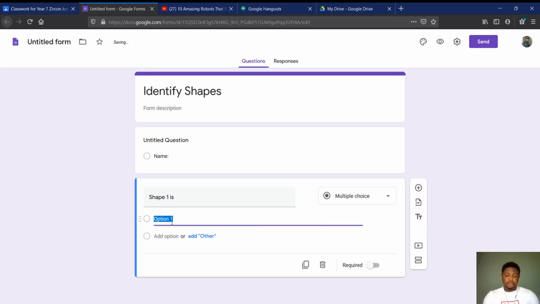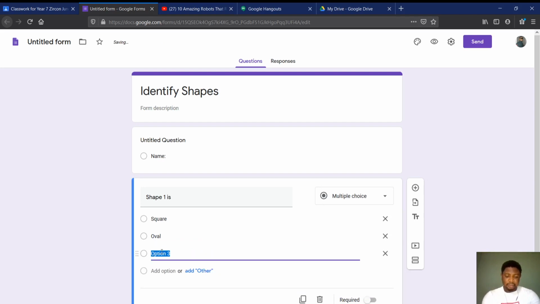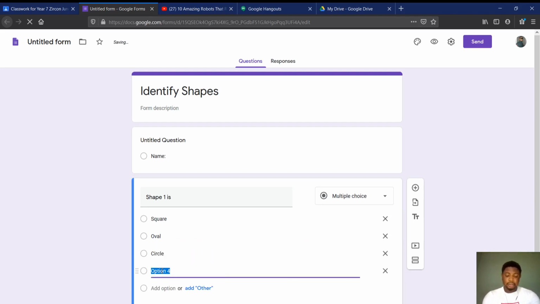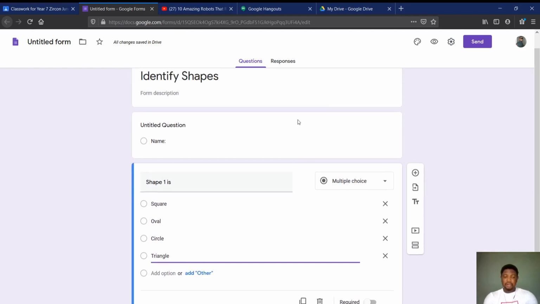Then you give your options, right? Square, oval, circle, triangle. Good. So now for shape 1, I think shape 1 is square, so the correct answer now, good,